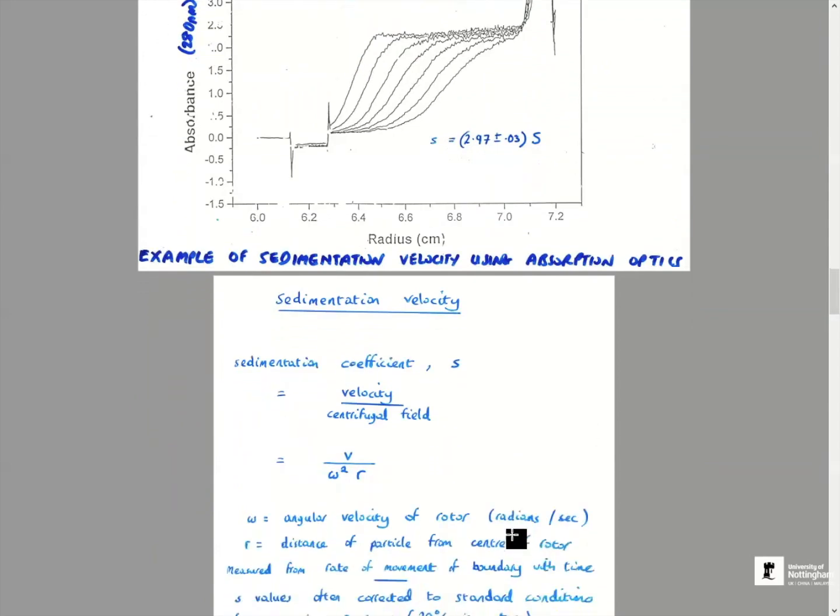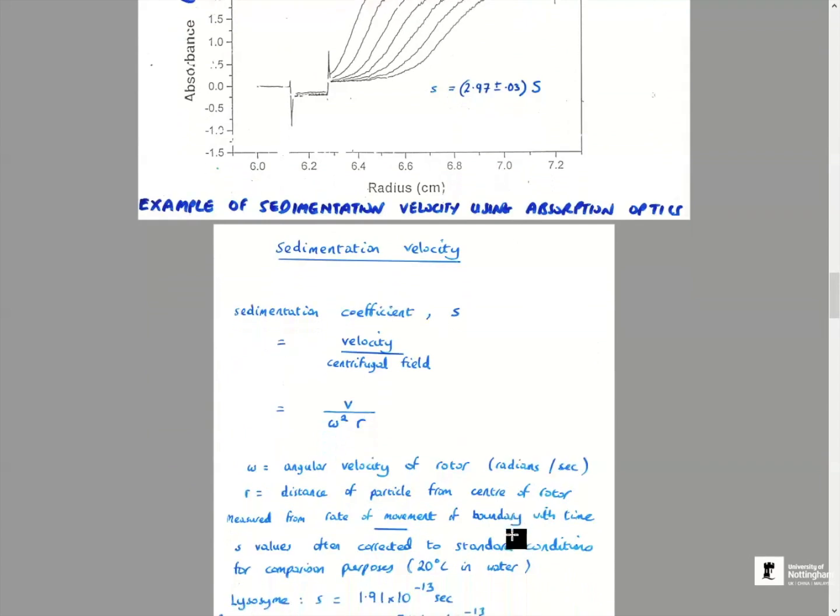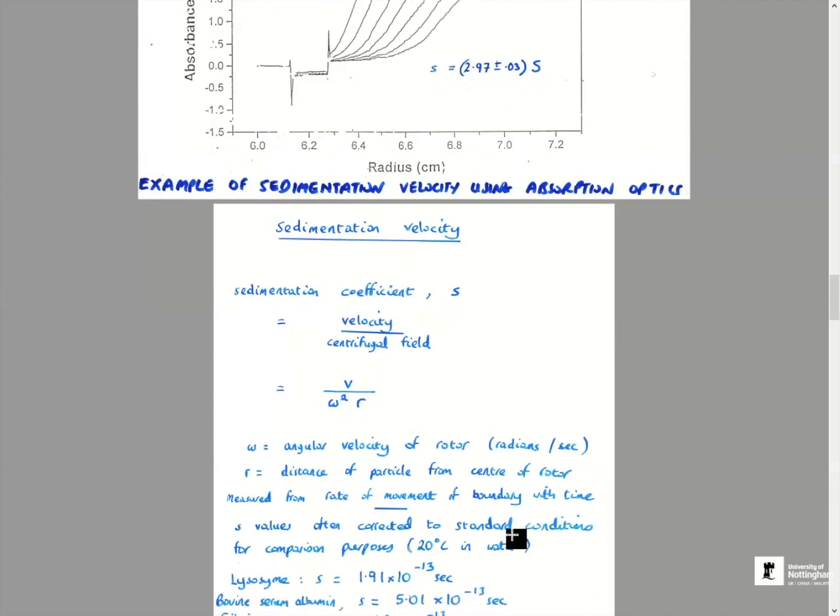So, the sedimentation coefficient is the velocity, how fast it's going, the sedimentation rate, divided by the centrifugal field. And the centrifugal field is r, which is the distance from the center of rotation, times the angular velocity squared. And the angular velocity is just,